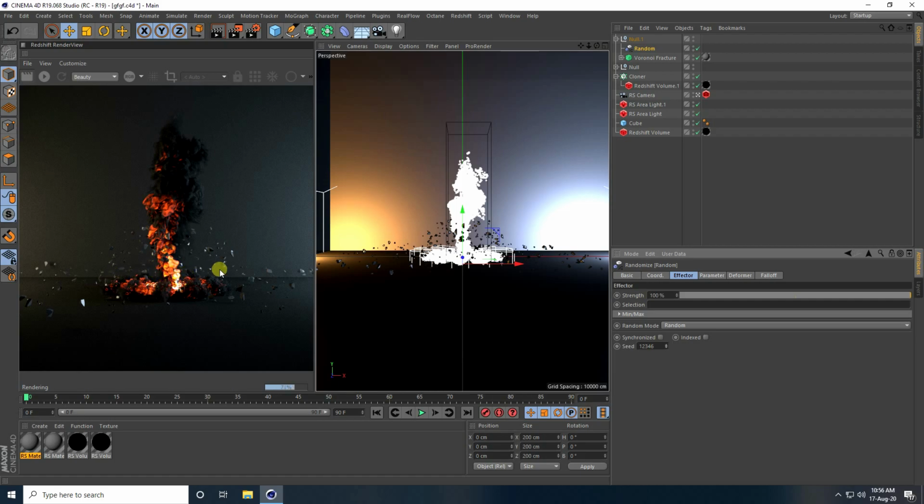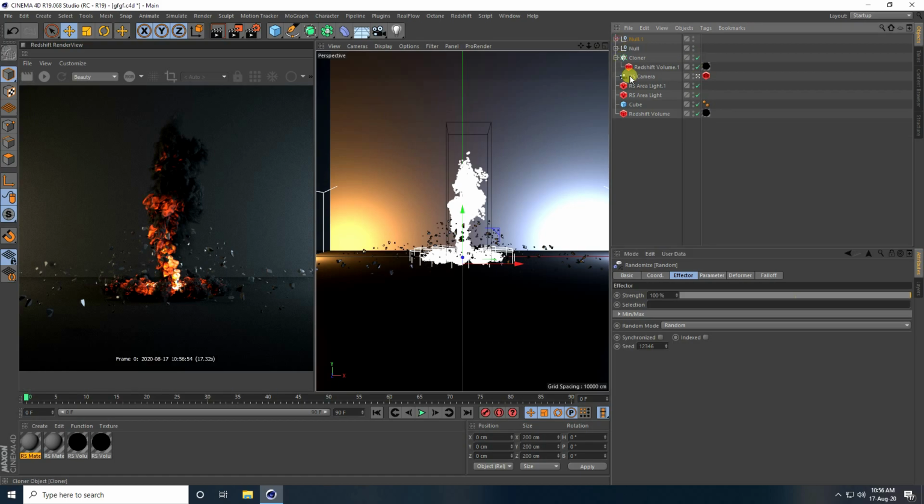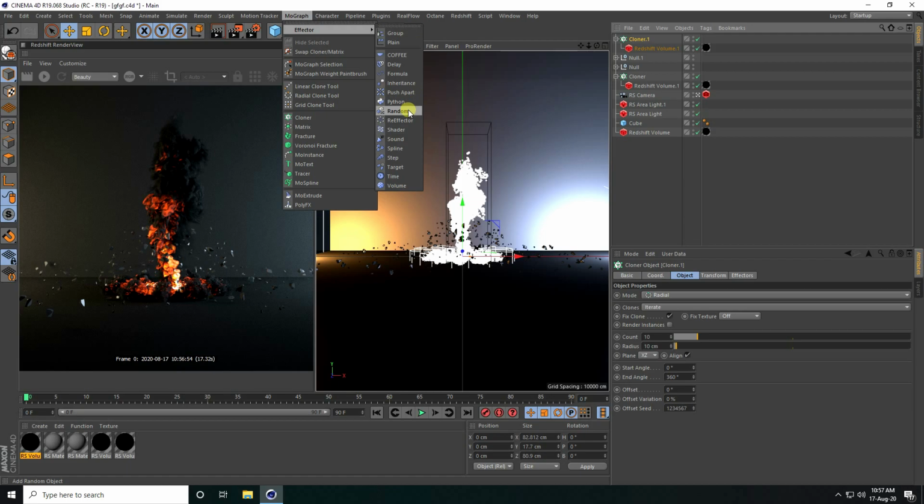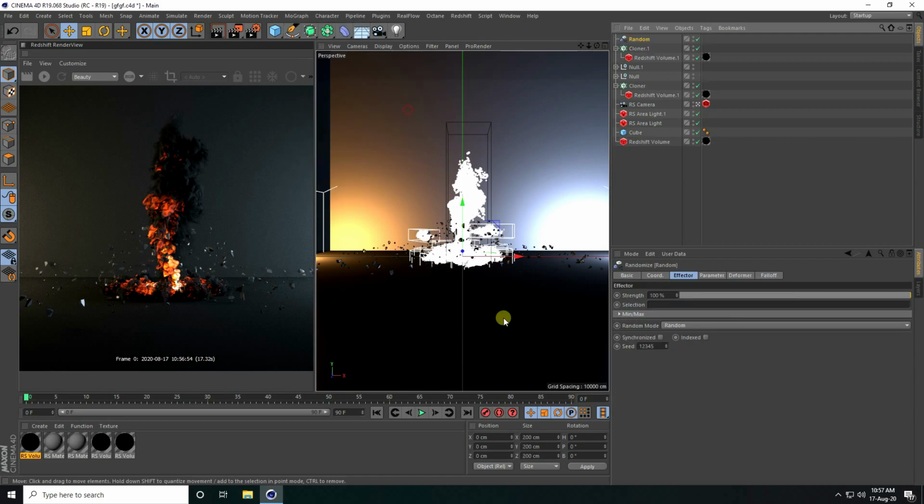Right? Okay, so guys, now I apply the last one. So select this cloner, this one, and copy. Press Ctrl C and V. Yes, and select this cloner, and guys, this time I apply a random effector tool.